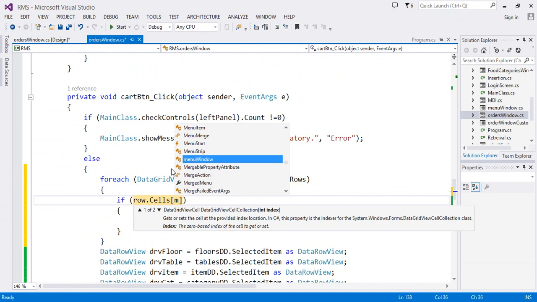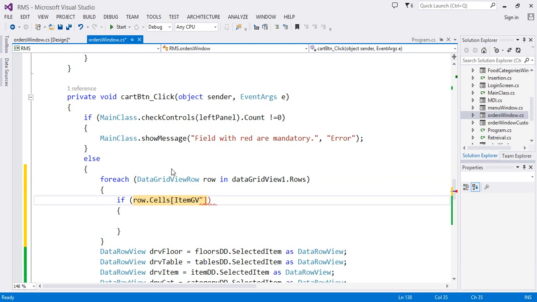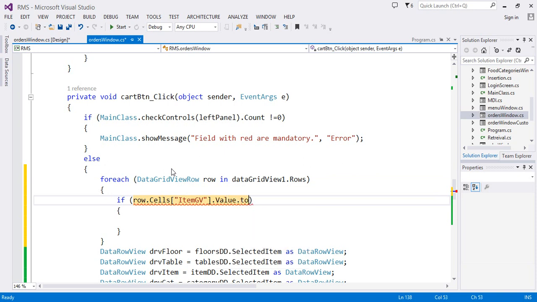So it can be the item GV, right? It can be the column item GV. So you have to specify here dot Value dot ToString is equal to